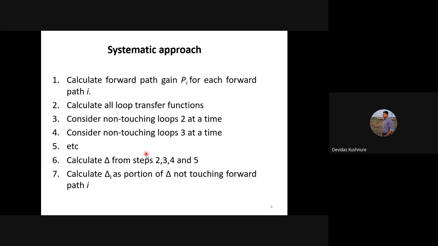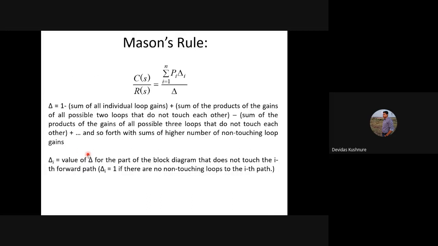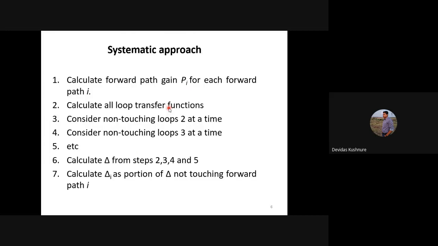So delta can be calculated using the formula which is given, and that formula depends upon the individual loops and non-touching loops, right? So we can calculate delta. Once we have delta, that means we know the denominator of the transfer function. Now we have to calculate delta I, which is the portion of delta not touching the forward path